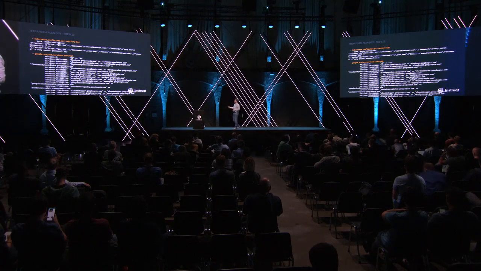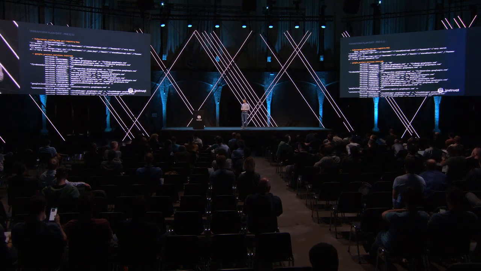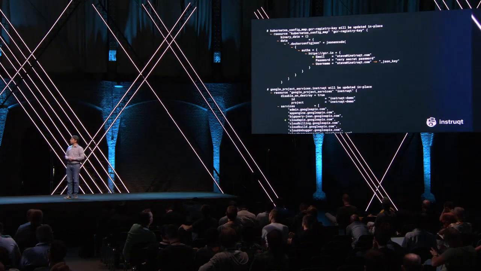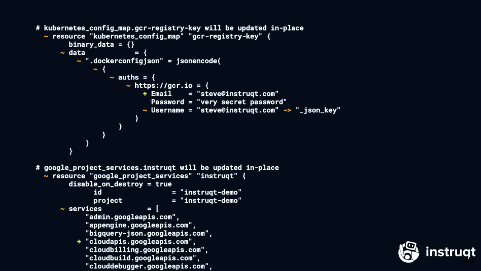Also, if you have a lot of properties that are being updated, it's not instantly visible what's going to change. Luckily, Terraform 12 comes to the rescue. Especially the JSON diff, as I'm going to show you, is really wonderful because it will help you and save you a lot of time.